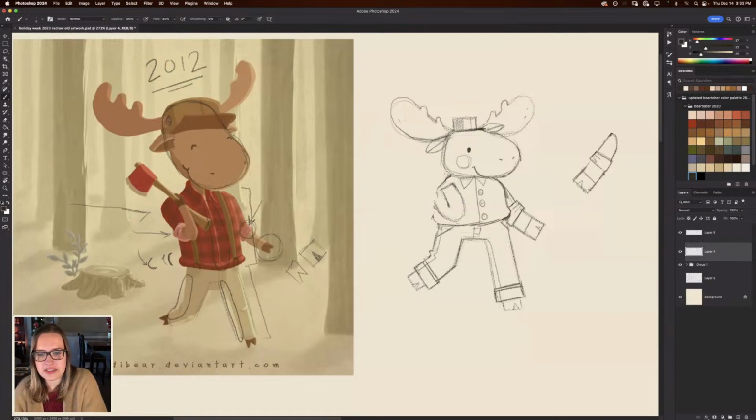Okay, I'm just drawing this little Gumby of an appendage here. I need to lasso this. It's feeling really, really cramped. Oh, whoops.